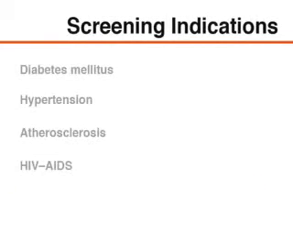The retinal examination is part of a complete physical examination. It is particularly important in patients with a history of such systemic diseases as diabetes, hypertension, and atherosclerosis. Patients with the human immunodeficiency virus, HIV, or the acquired immunodeficiency syndrome, AIDS, are also at increased risk for retinal